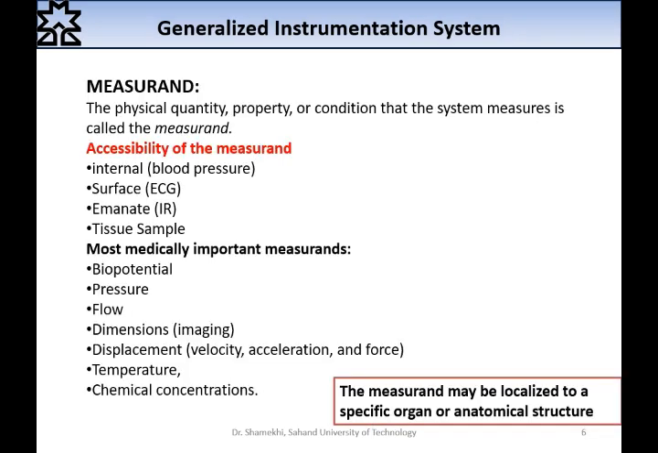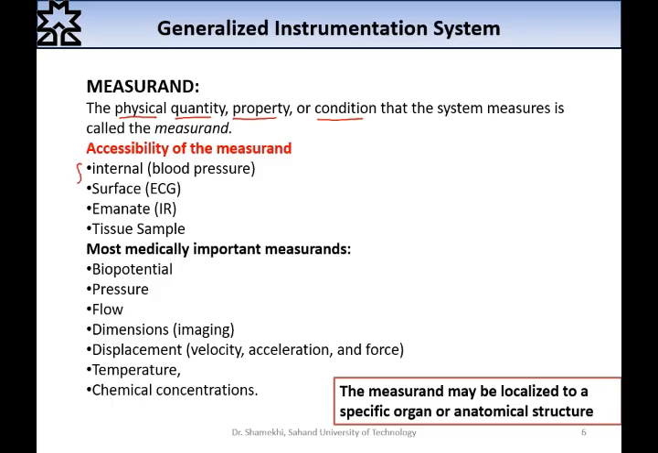The first part of that block diagram was the measurand, and as you can see, the definition of the measurand is the physical quantity, property, or condition that the system measures. As you can see, physical quantity, property, or condition. Based on accessibility, we can categorize